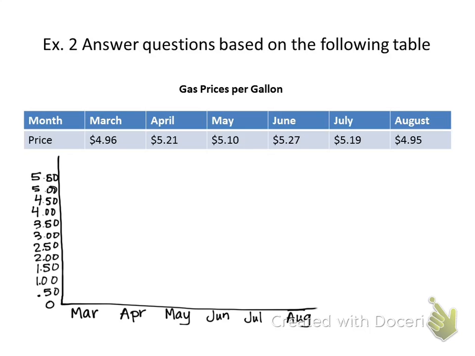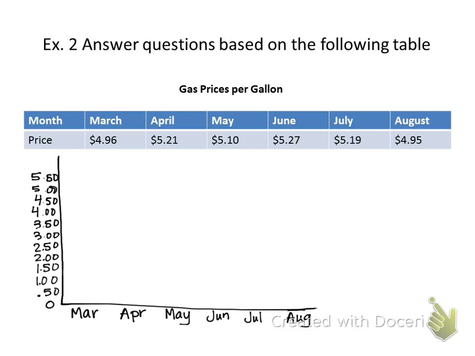Okay, so there's my scale. It goes up the exact same increment each time, up by 50 cents. I didn't skip a bunch, okay? I didn't go straight to the $4 mark and then up by a few cents, okay? So now what I'm going to do is I'm going to draw the bars that represent each month. So March, I have